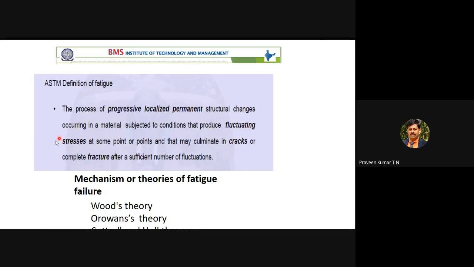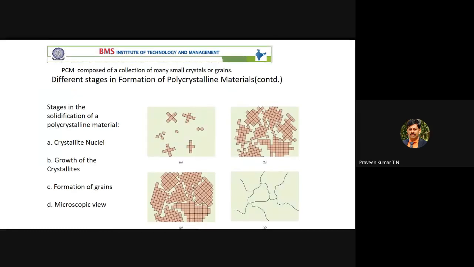That's one point. During the process of fatigue failure, the whole specimen may not break. Only at some point there is a localized, permanent deformation, similar to your hardness testing. There are many theories out there on how a crack will propagate. Don't worry about those points. This is the grain. The crack may propagate inside the grain. It moves, the crack may move like this. That is an intragranular crack, or the crack may propagate on the boundary. Then intergranular crack propagation or fracture.